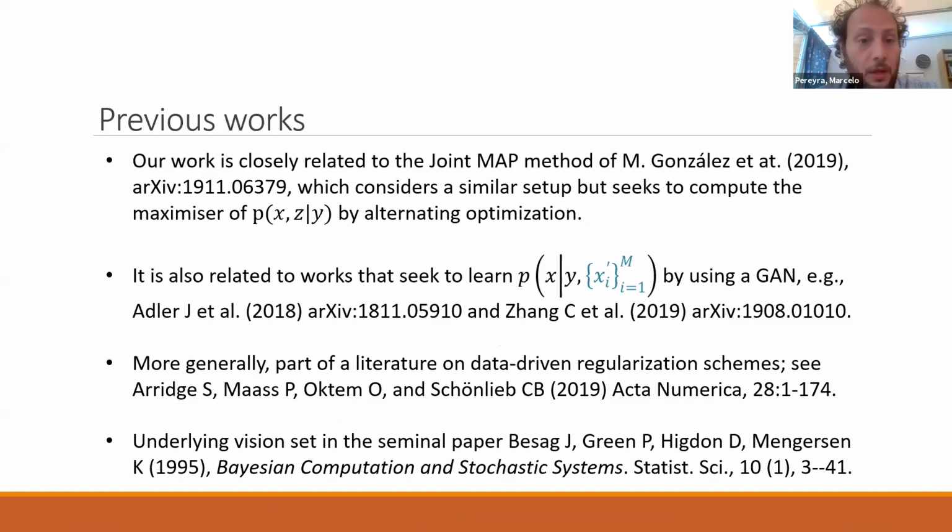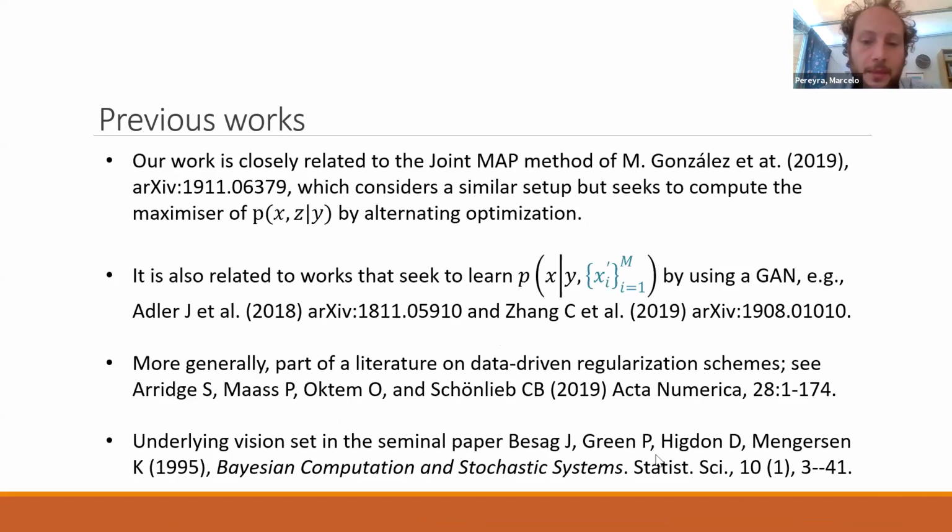There's quite a few. In particular, there's a recent paper by Mario Gonzalez and his co-authors that has a similar setup, but in an optimization formulation. And what they want to compute is the joint MAP estimator of X and Z. They do things slightly different, but the spirit is similar. The main difference is that it is always in an optimization formulation with a very clear goal of just computing